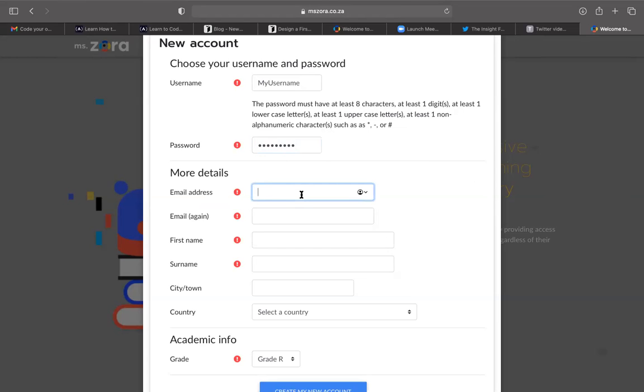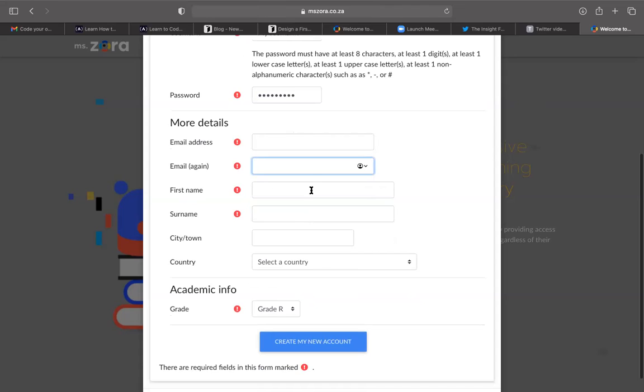Next, you are going to insert your email address. You can use your parents' email address if you have permission from them to use it. You can insert their email address here, and you are going to repeat the email address here. You then insert your name. Let me just insert an email address so that you can see, an email address at gmail.com.